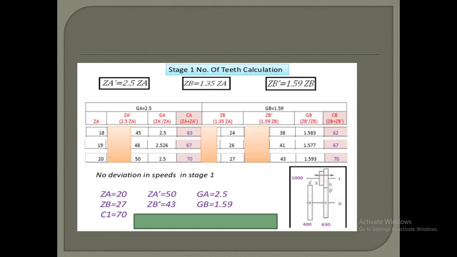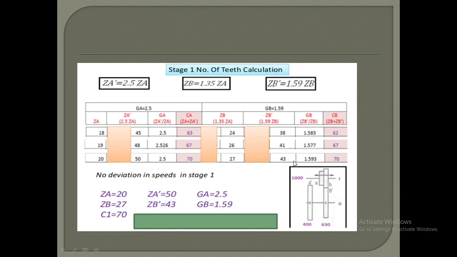Once you have calculated those values, the next step is to check whether things are feasible or not. If you are getting continuous decimal points in those values, and you don't get all the values as integer numbers, then it is not feasible. If you are getting only integer numbers, then this solution is feasible. That's why we get this solution feasible when you choose 20 teeth on each gear. We have chosen the last one.